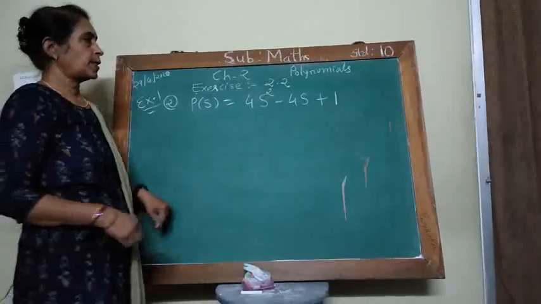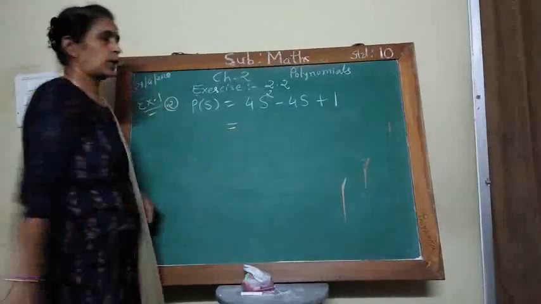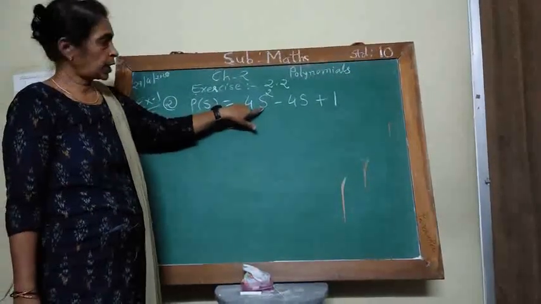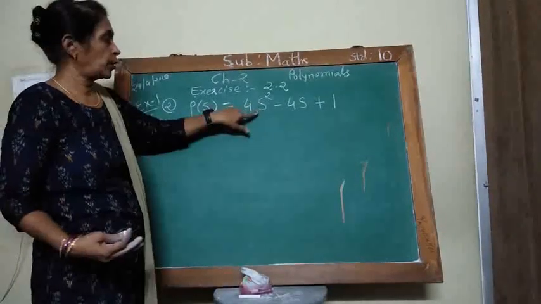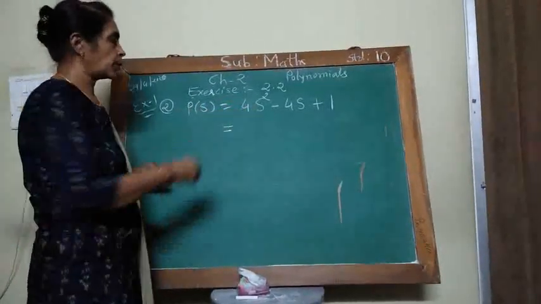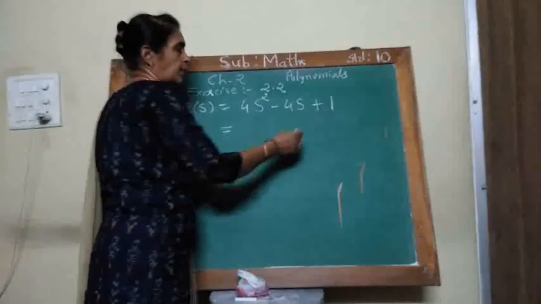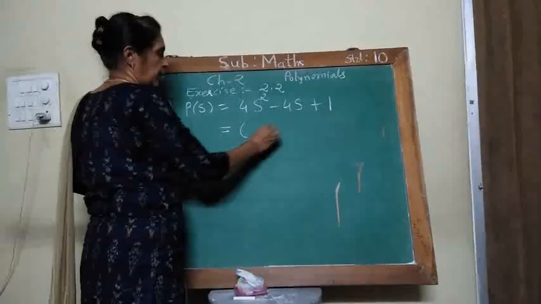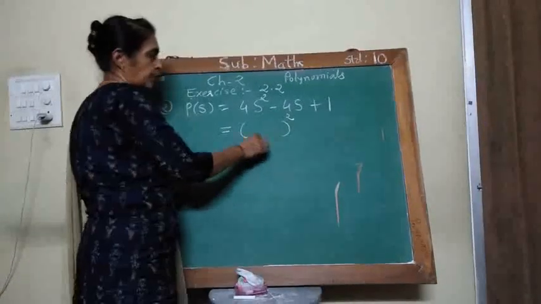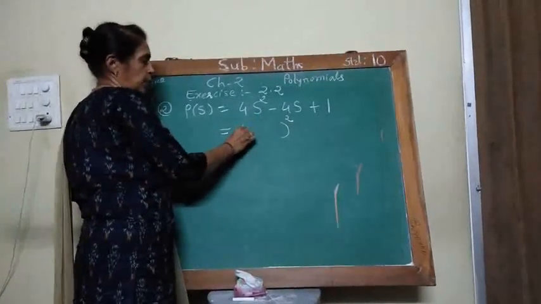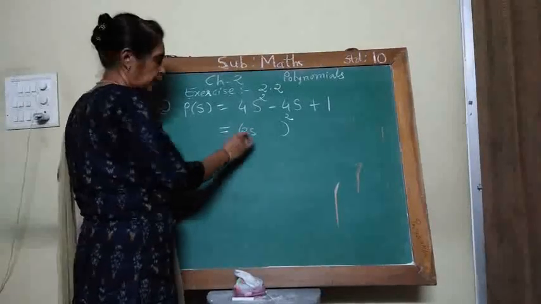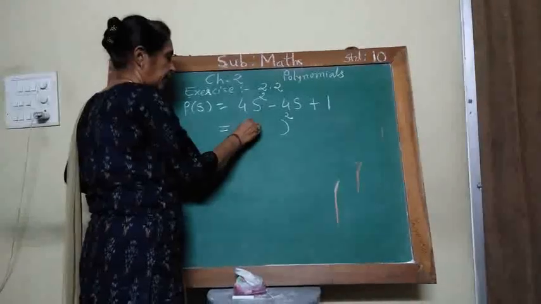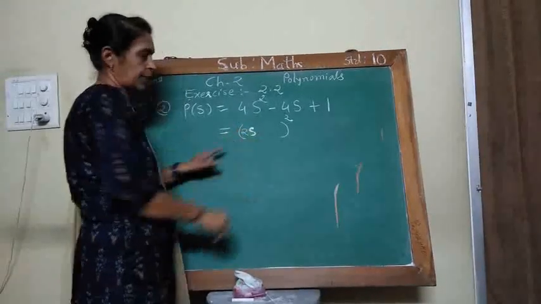Now factorize this polynomial. So this is equal to, the first term in this quadratic polynomial, a perfect square polynomial. See, this is the square of 2s, whole square, and the last term is 1 square. So it is a perfect square polynomial. So it is the square of which two terms? Square root of the first term is 2s. So you write it this way.